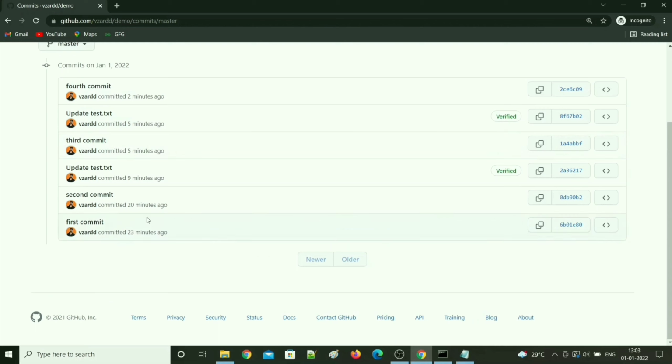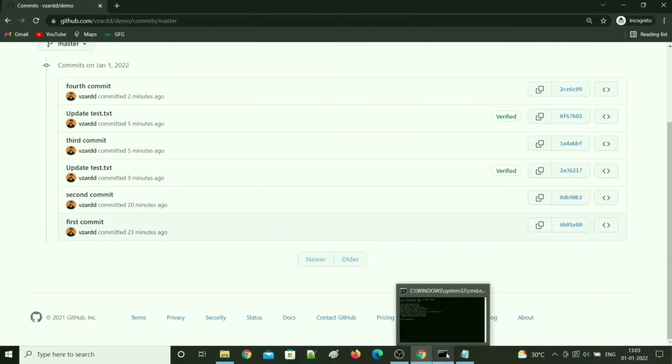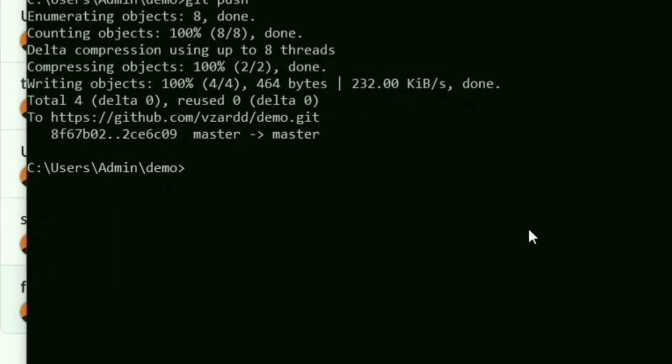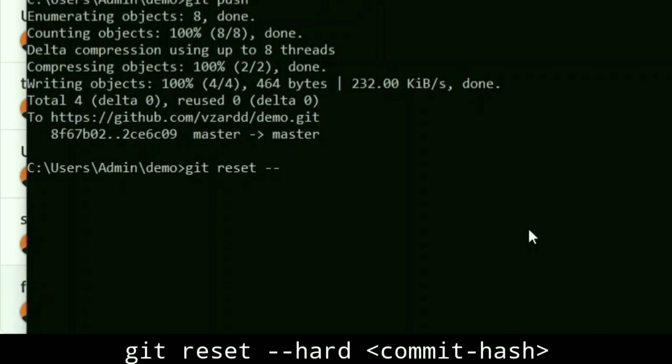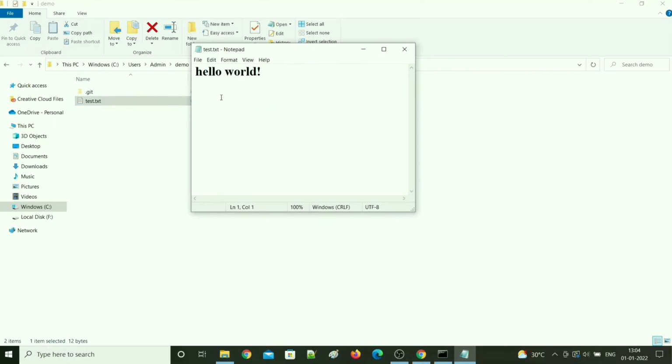Let's say I want to move to the first commit, then copy the commit hash. Now open command prompt and type git reset --hard and then paste the commit hash and hit enter. Then if you open your local repository, you can find how your repository was during the first commit.